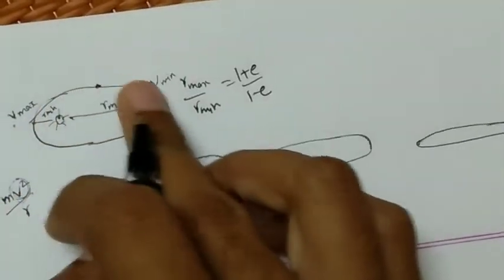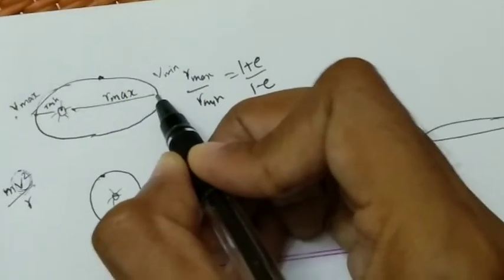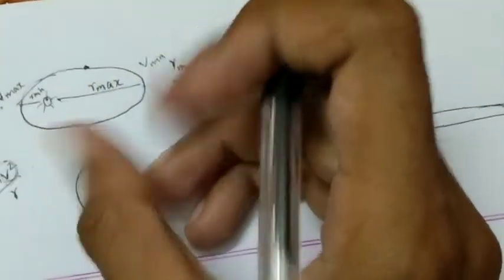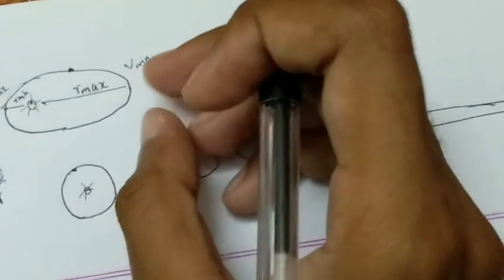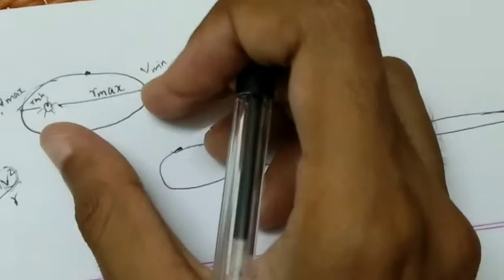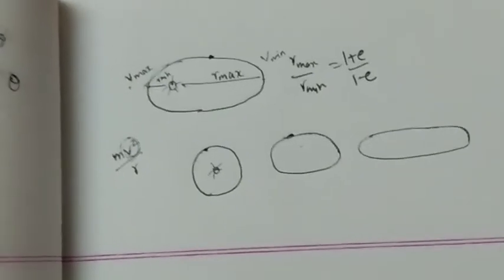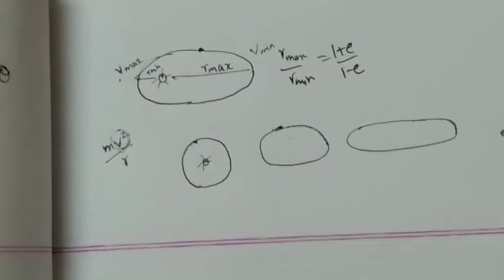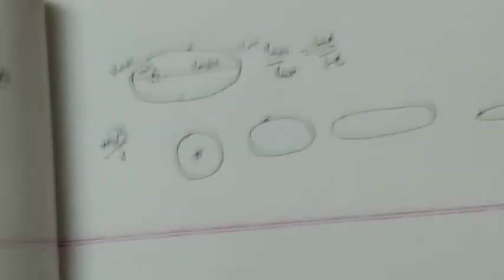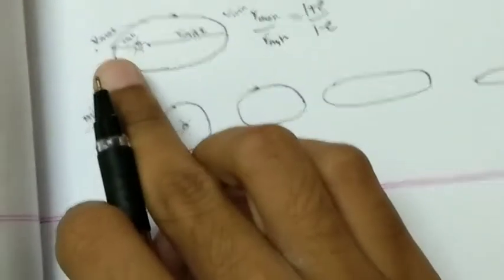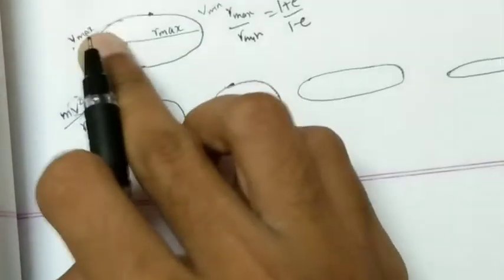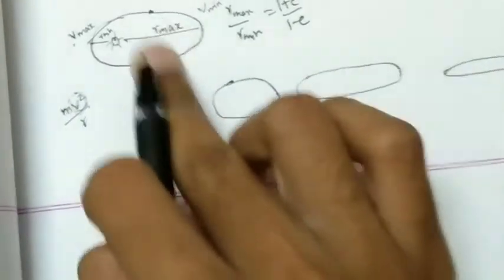But if the planet is far away from the sun, the gravitational force of attraction would be reduced. So when it is far away from the sun, its speed would also be reduced, because it does not need extreme centrifugal force to be supplied now. So it is all about the centrifugal force. So at R min you would have v max, and at R max you would have v min.